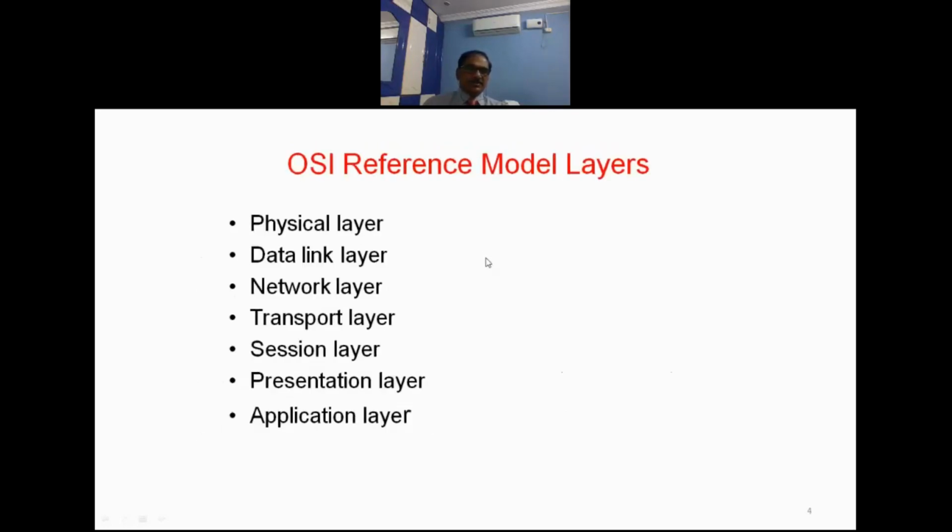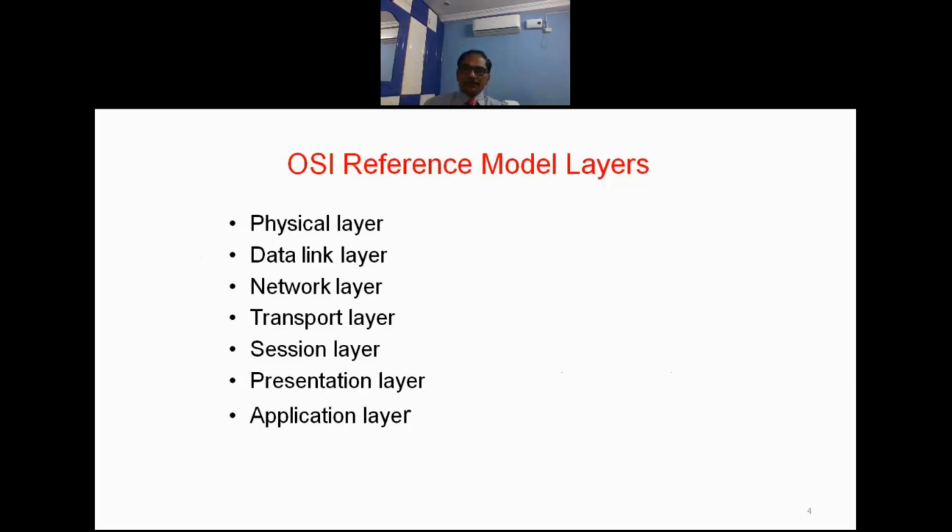The physical layer is the first layer, second is the data link, third the network layer, fourth the transport layer, fifth the session layer, sixth the presentation layer, and seventh the application layer. So the physical layer is layer 1 and the application layer is layer 7. But we see the interaction between user and user through these layers. The application layer is the topmost, acting as the interface with users,